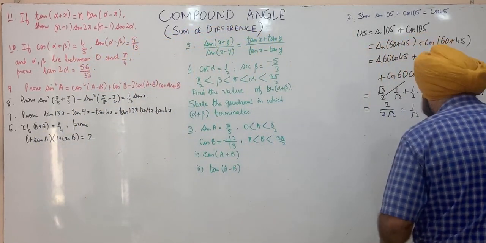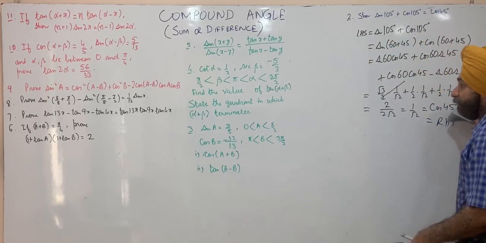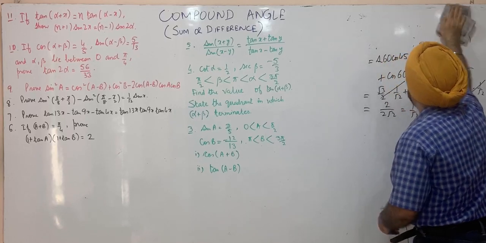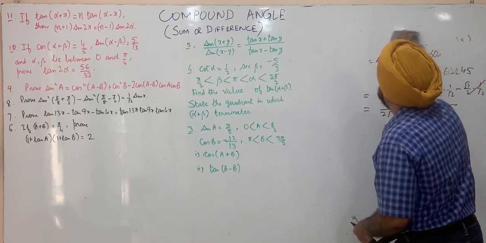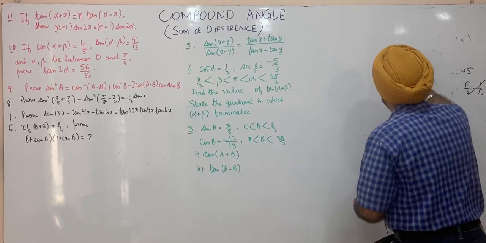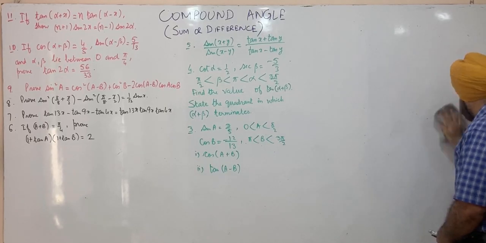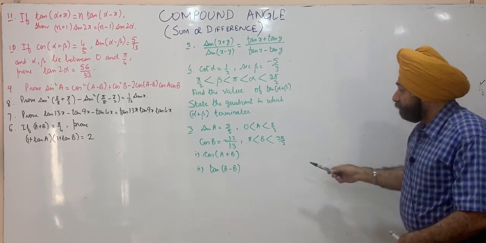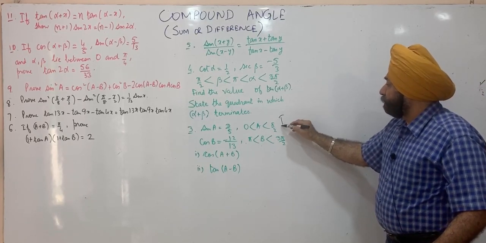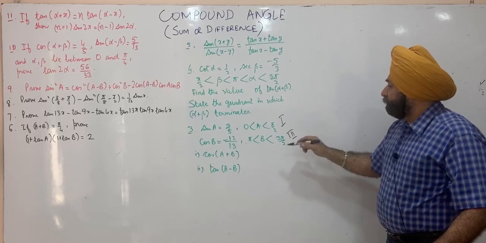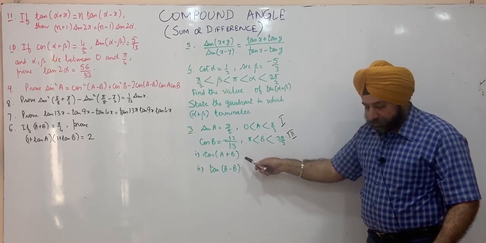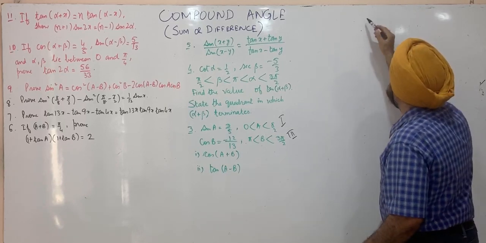The next one, third, we are given the value of sin A. It's also given that A lies between 0 and pi by 2, that is, A is in the first quadrant. Also given is the value of cos B, which is minus 12 by 30 (as transcribed). B lies in the third quadrant. So this is in the first quadrant, this is 180 to 270, this is in the third quadrant. And we have to find the value of cos of A plus B.